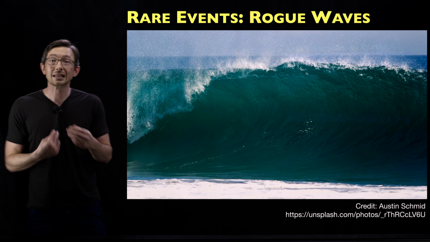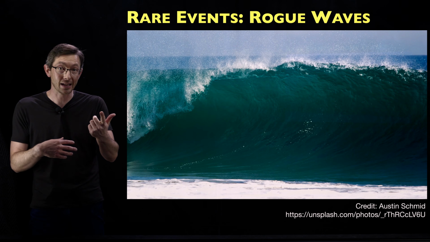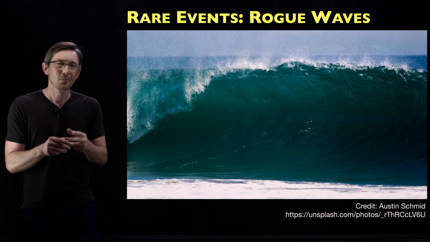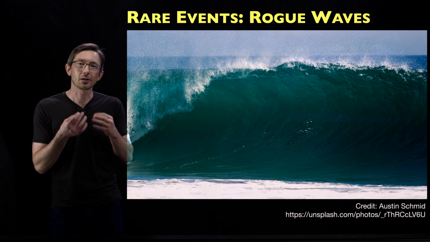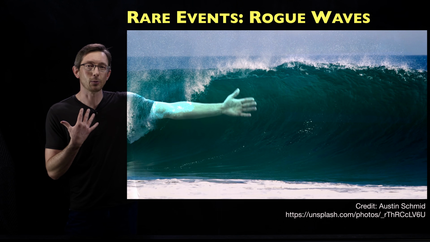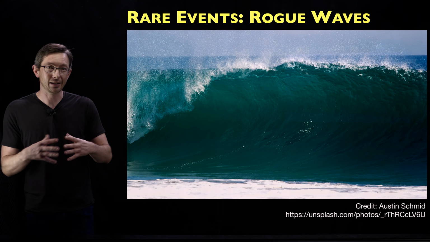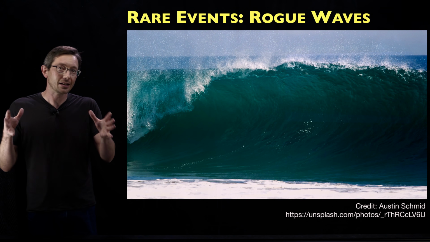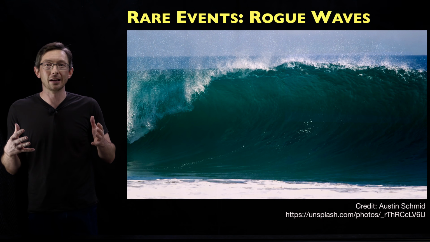And we would like to build machine learning models of how likely these rogue waves are, how big they can get, maybe predict when and where they will occur. But the difficulty here is these are inherently extremely rare outlier events. So if I have training data of ocean waves, 99.999% of them are not rogue waves. Kind of by definition,